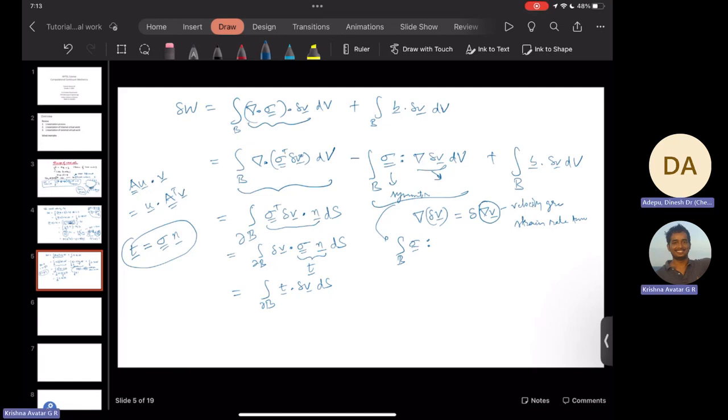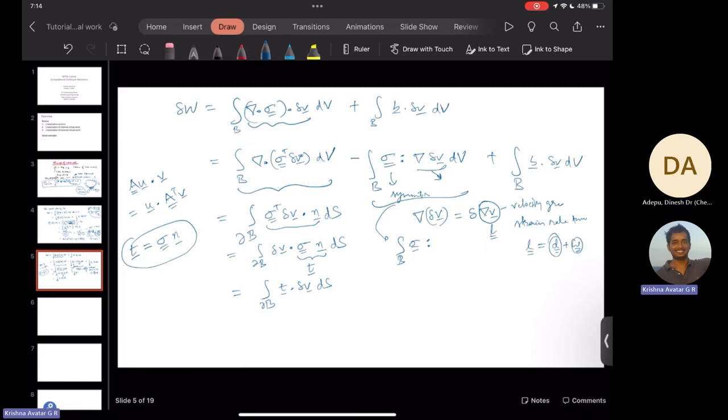Okay. So in this case, what will happen is, now we can actually break it down, and this is also called the L tensor, that's grad of V. So the L tensor is broken down into two components, which is D plus W. D is the symmetric part, and W is the antisymmetric part, or